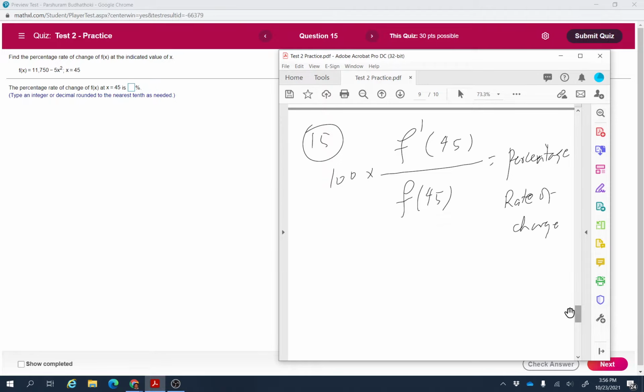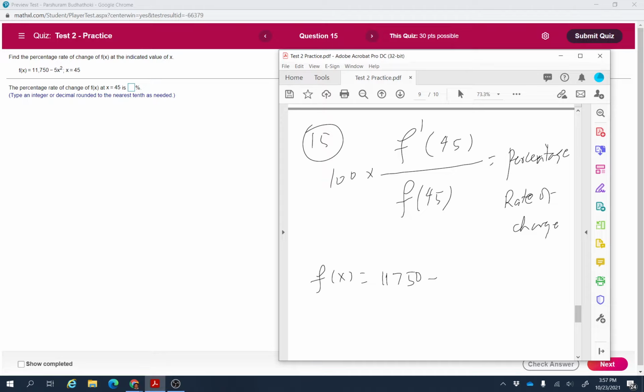So find out the derivative of the function, find out the value of the derivative at 45, divide it by the value of the function at 45, and then if you want to write down that as a percentage, just multiply it by 100. So meaning go from decimal to percentage, and that will give you the percentage rate of change. So in this case, the function is